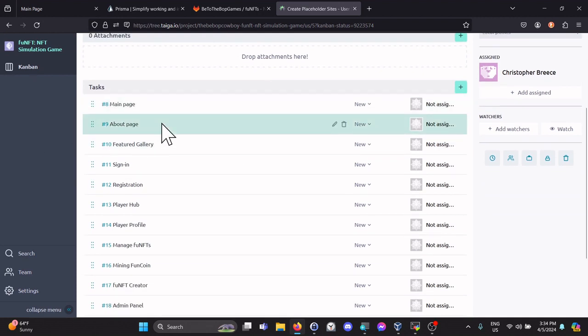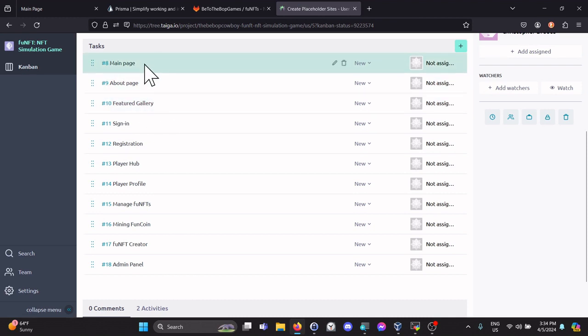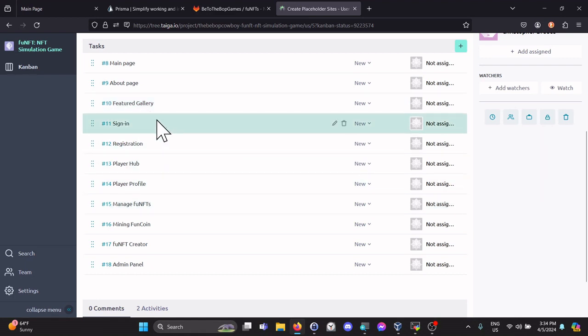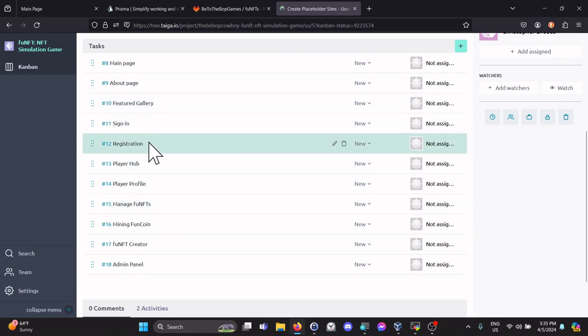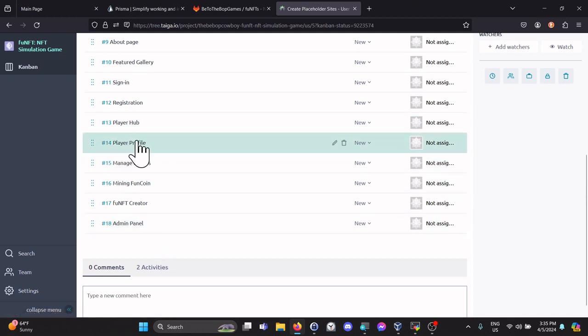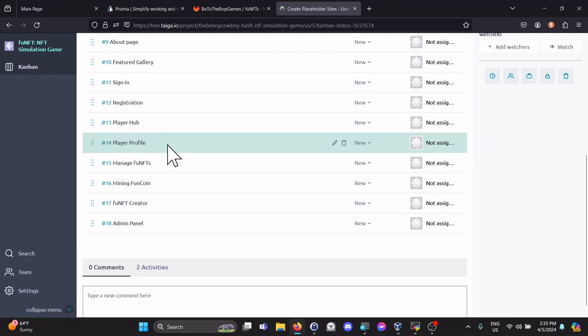So I've got the main page and about page. I'm going to have a page for the feature gallery. So you see a preview of it on the main page, but then you'll have a page to get more details. I need a sign in page, a sign up page, a player hub that the player gets logged into when they log in, player profiles for each of the players so that players can see other people's profiles,